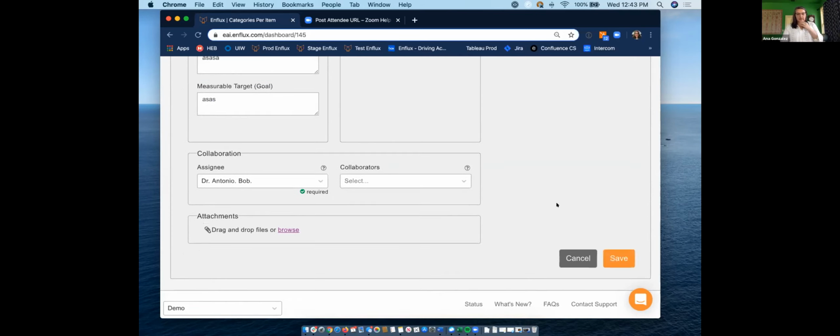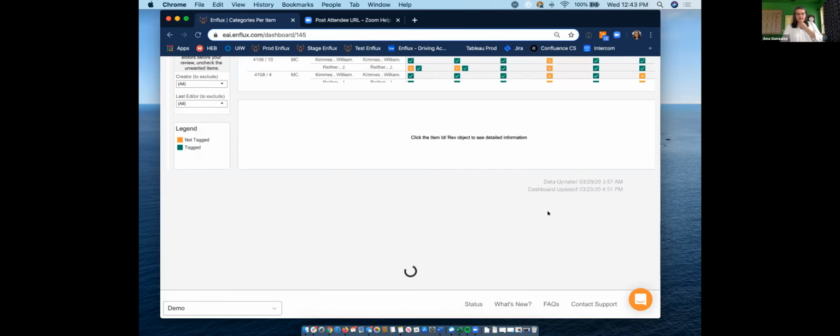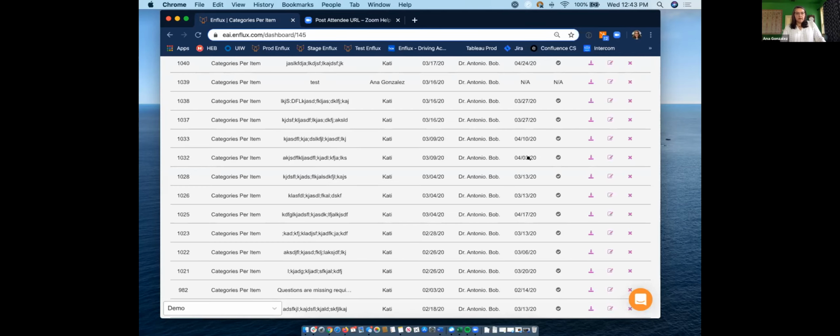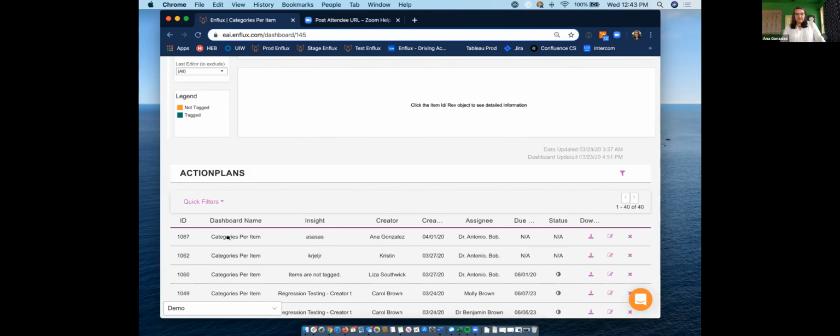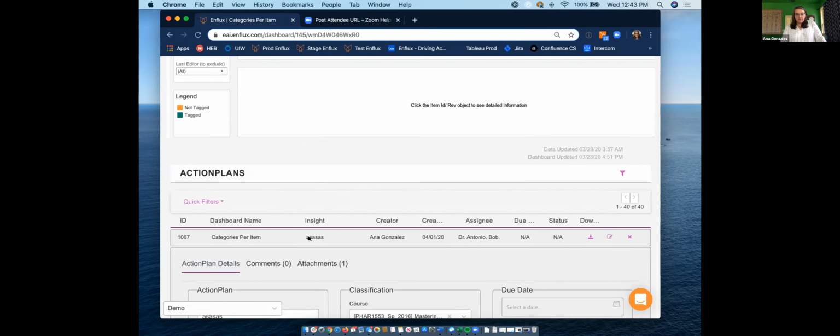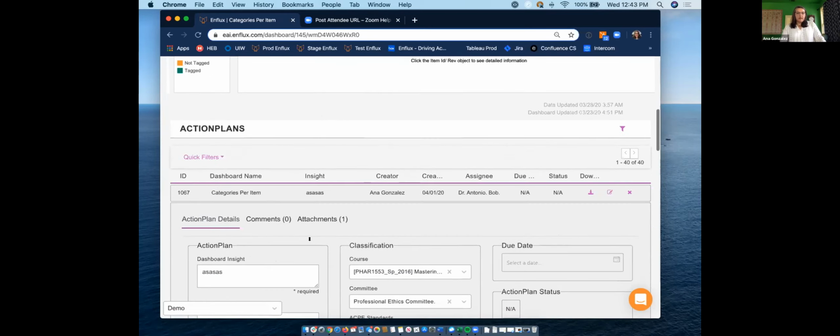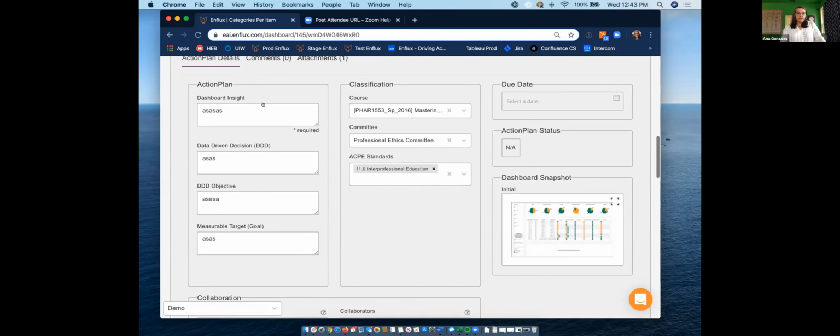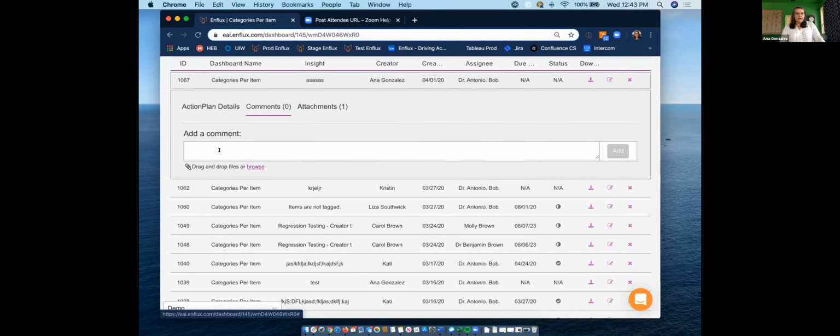And what's really neat as well is that, let me have this feed in real quick. So here is my last action plan. Let's pretend that I'm Dr. Bob now coming in and I'm reading it. Well, now I have the ability to make comments at this point. So I can add a comment here, but I also have the ability as a commenter to browse and find some files to add here. So for example, maybe we filled out the remediation plan and now it's completed or whatever the case may be.